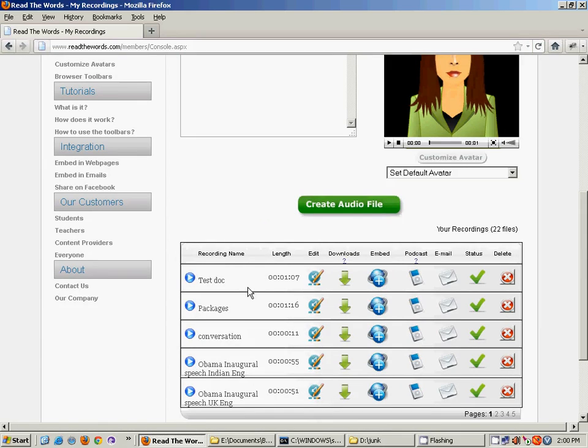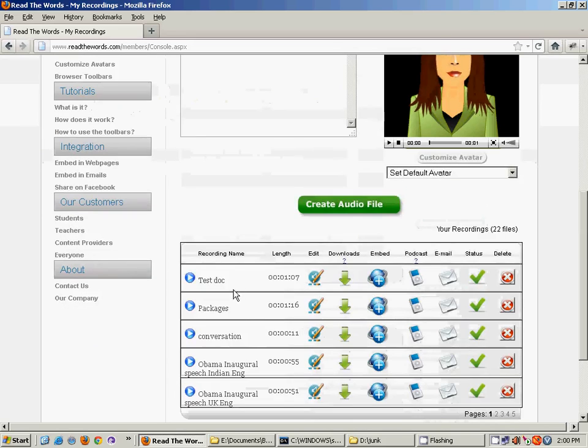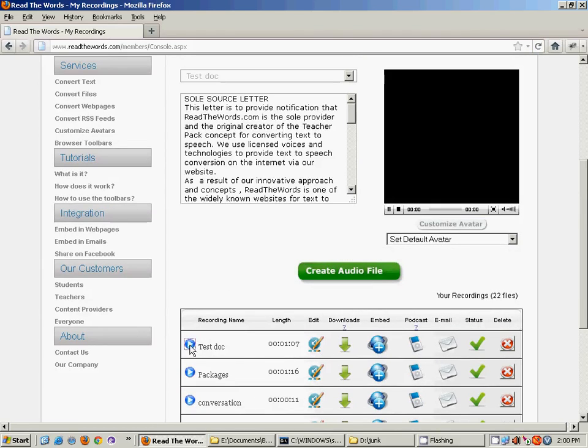Now if it's a large file, it might show a message here which says file is under processing queue, which means that your file is being processed as a recording, and it might take a few seconds or a few minutes depending on the size of your file. Once that processing is finished, this page is going to refresh again and you'll see the file here exactly as it shows now. You can obviously play it back by clicking on the play icon, and you can see the